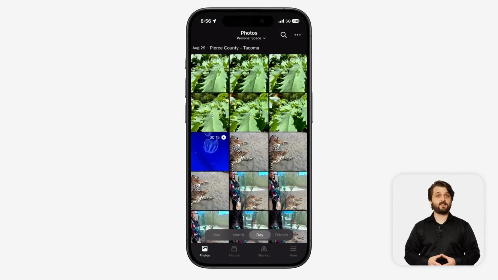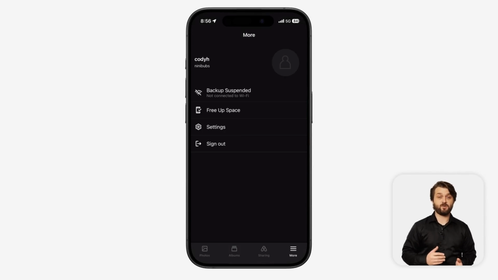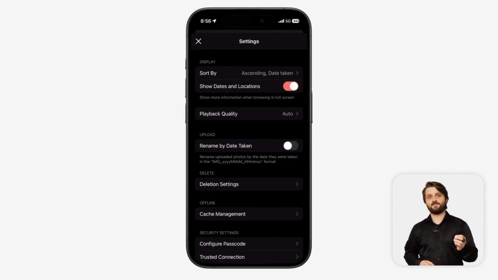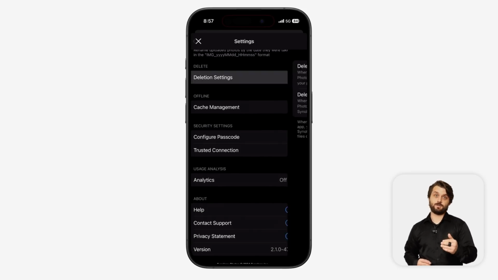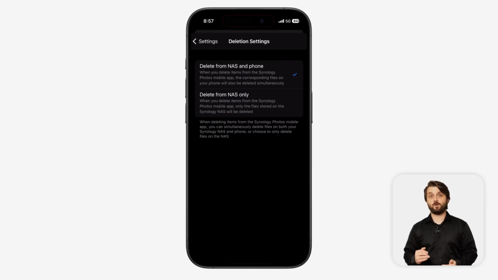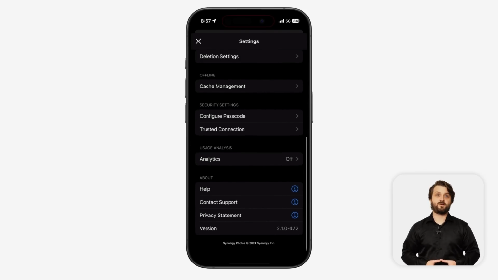Likewise, there's some other great settings that you can see in this More menu here, and you can see there's specifically some deletion settings that you can have configured inside of your Synology Photos application. You're going to want to make sure you have the one selected that works best for you. For me, I'm going to have the top one selected in my backup tasks, although you can change that if you need to. There's some other settings you can also change in these more options right here.